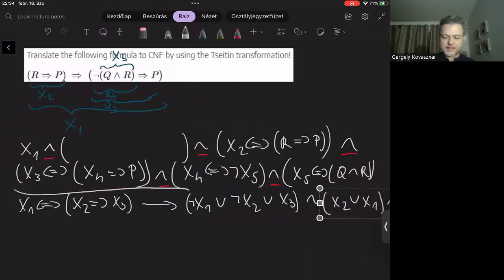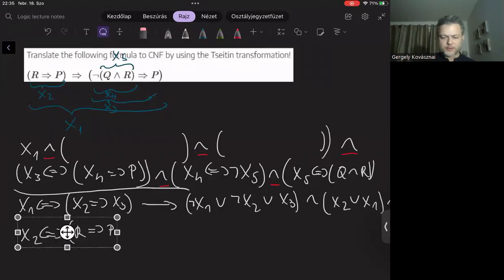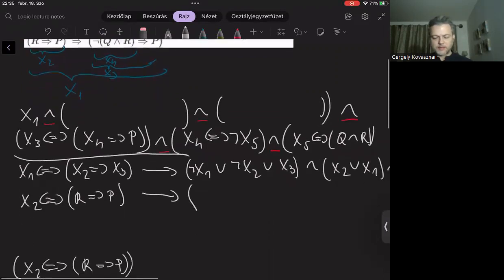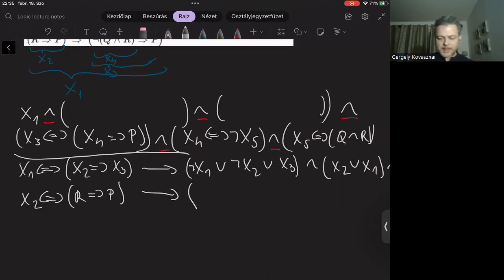But first, let's keep going. So let me take this equivalence and translate it to CNF, very similar to the previous equivalence. Very, very similar, because their structure is quite the same, as you can see. So it will be easy based on the previous step.